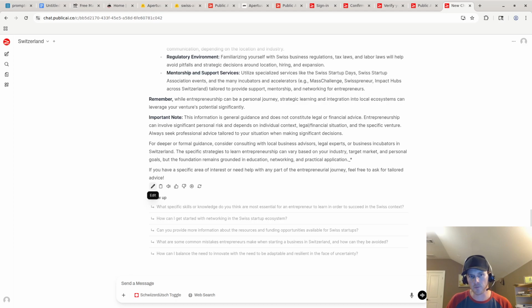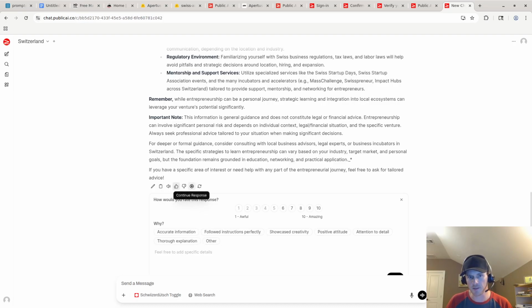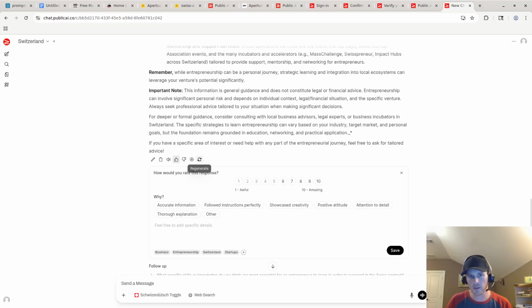And here we have the options to edit. You can read it aloud, say it's good or bad. I'll say it's a good response, and we can continue. You can also regenerate. And this is an option, read aloud. I didn't try this out much, but